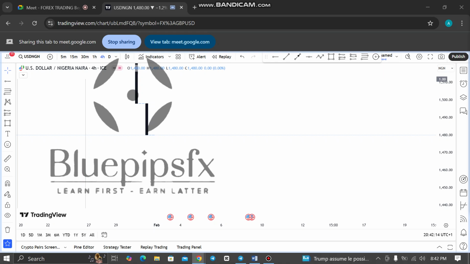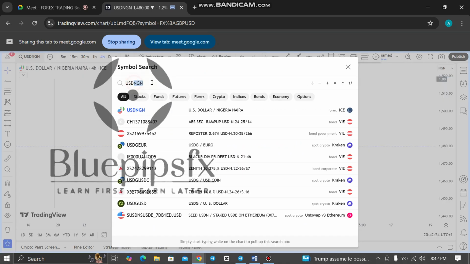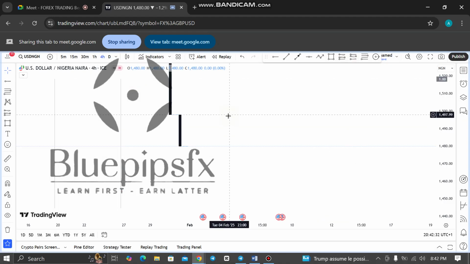So the chart which you're seeing is basically showing us the equivalence of one currency against another. If you look at this, you have USD NGN. USD means US dollar. NGN means naira, right? And this is the value of one US dollar in naira. 1,480 naira is equivalent to one US dollar. So you see that the rates are very clear. The rates are in front of you. You basically take advantage of these raw rates in front of you.